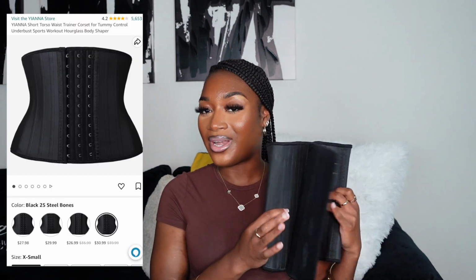Up next, even though this item doesn't necessarily fit into the health category, it's more in the beauty category. The item that I'm referring to is this waist strainer. Now, I know that there are some controversies about this one, whether it really works or not. I can say that from my personal experience, I have seen changes using it. It's actually an extra small waist strainer from the brand Yongnuo. They have been the best waist strainer brand that I've used on Amazon, only because they actually work for my